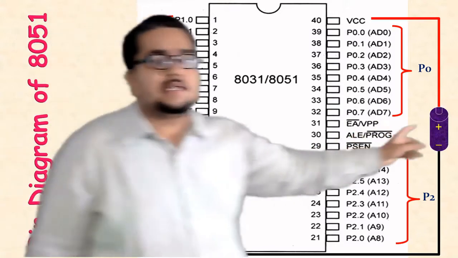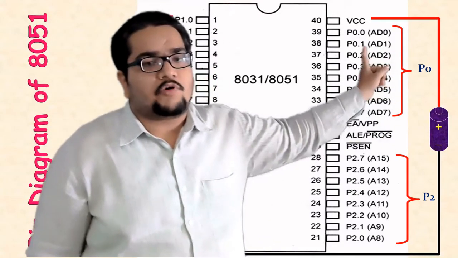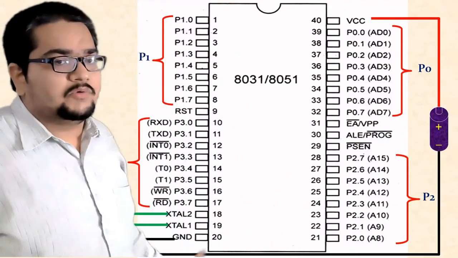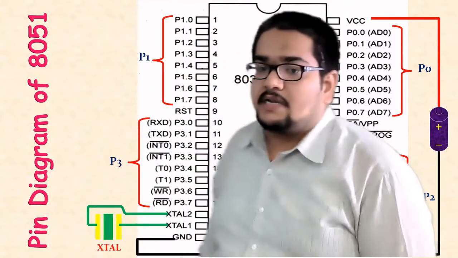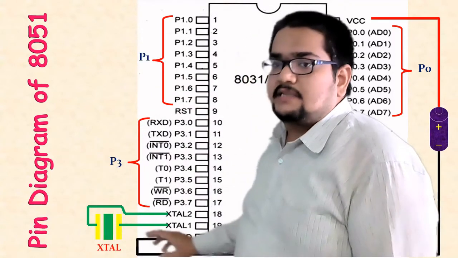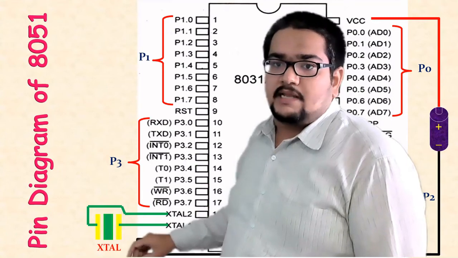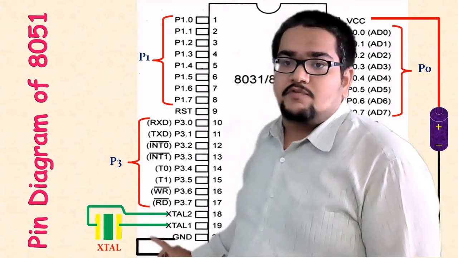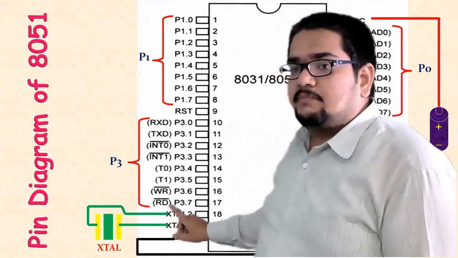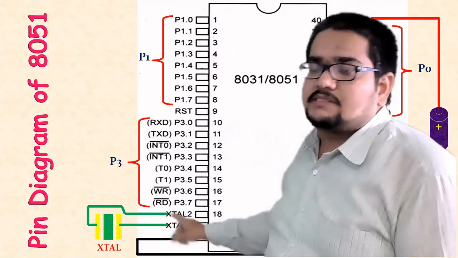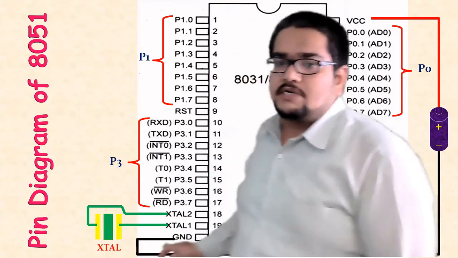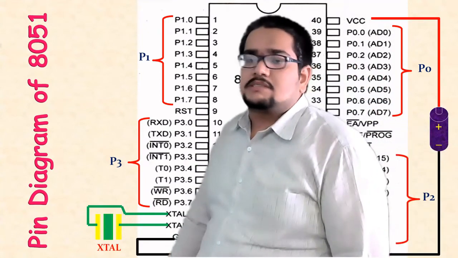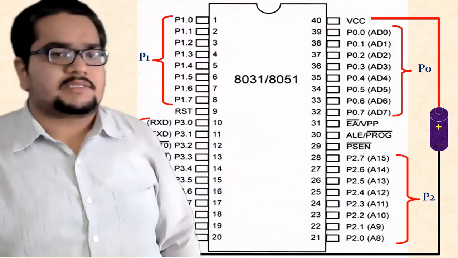Here you can see the battery connected. The battery positive terminal is connected to pin number 40, that is VCC, and the negative terminal is connected to pin number 20, that is ground. Another thing to notice in this pin diagram is that although we have an internal oscillator inside the 8051, there is always a scope of connecting an external oscillator if we wish. That external oscillator has to be connected between pin numbers 18 and 19, XTAL1 and XTAL2. An external crystal oscillator of a particular frequency of our choice can be connected. Generally, that frequency will be around 12 megahertz. What exact frequency will be used, we will talk about in our next class.